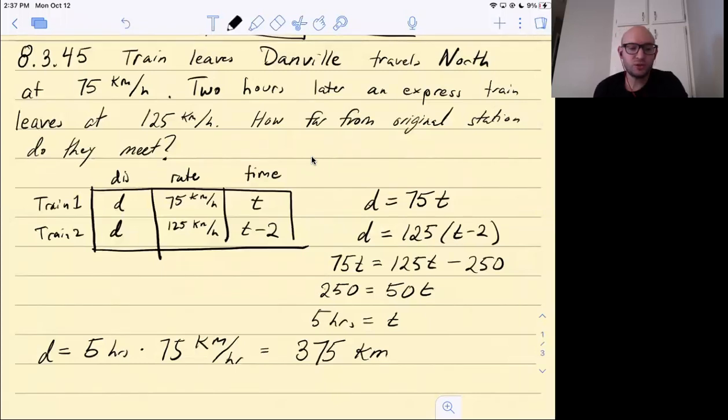You could also do it with the other train, but you have to remember that the first train travels for a total of 5 hours, because it traveled for 3 hours after train 2 moves, and it started also the original 2 hours of just moving by itself. Okay, please hit yes if that explanation without doing any system kind of made sense.